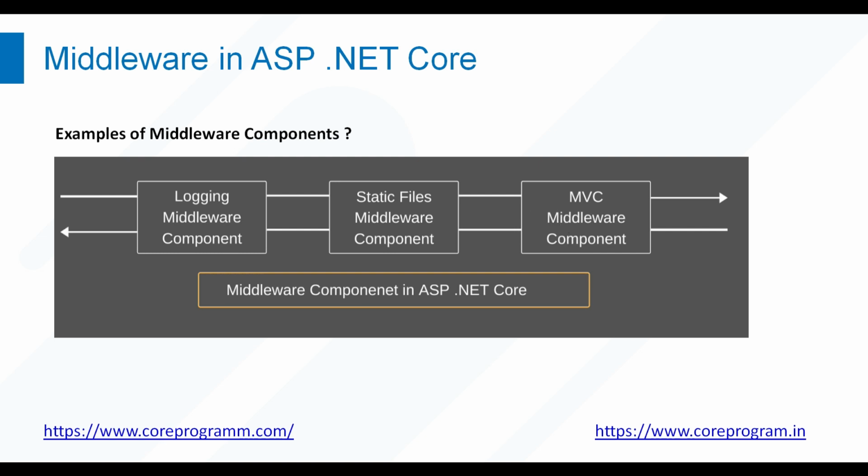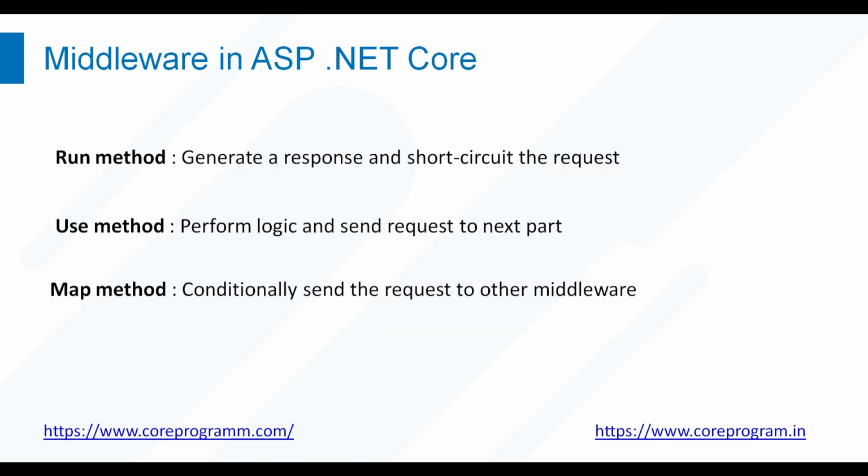As we already discussed, the ASP.NET Core middleware components have access to both the HTTP request and response in the pipeline, so a middleware component can also process the outgoing response. For example, the logging middleware component in our case may log the time when the response is sent back to the client. Then let's discuss what the run, map, and use methods are in ASP.NET Core.